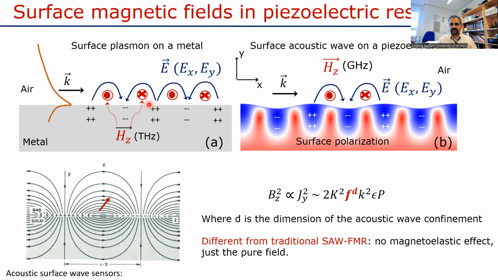I just want to emphasize that what I'm proposing here is different from the lot of work on spin detection with surface acoustic waves, where most approaches require the use of magnetostrictive material. So you're basically using the strain field. We're not talking about the strain field. This is a purely field effect. So there is no contact here.